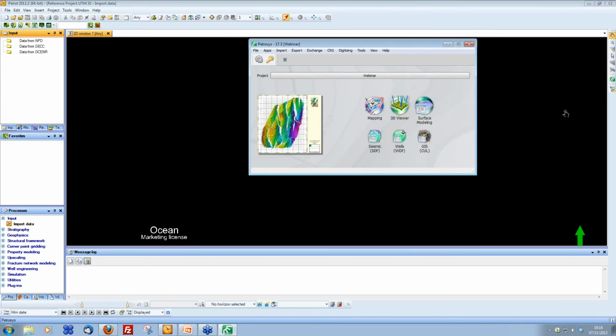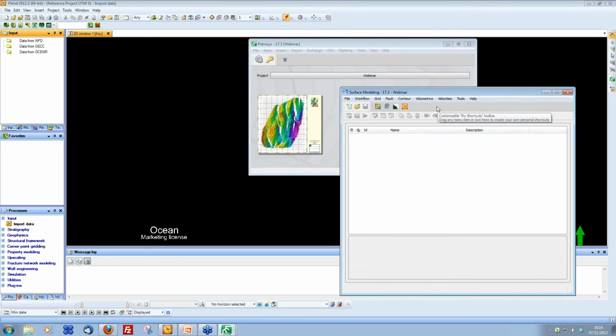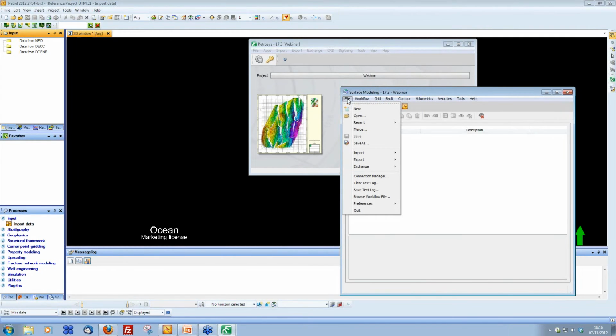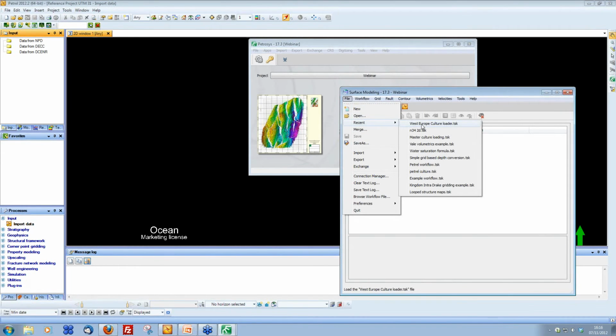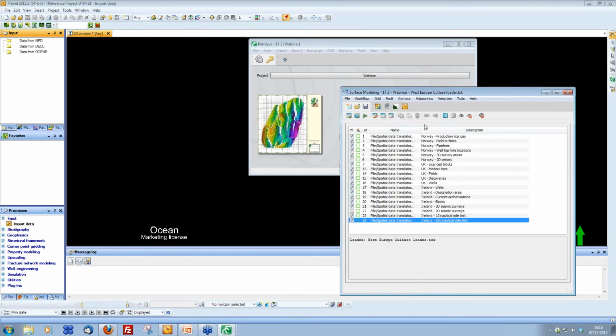So we'll start up our Petrosys plugin again, and I'll go into our surface modelling. One of the really good things about our surface modelling is that you can create workflows, so you can run a whole lot of tasks in a big batch job. And I'm just going to use this West European culture loader task. So this is the sort of thing you might use if, for example, your cultural information is getting updated every month, and it just gives you a quick and easy way to get all of that information updated in your